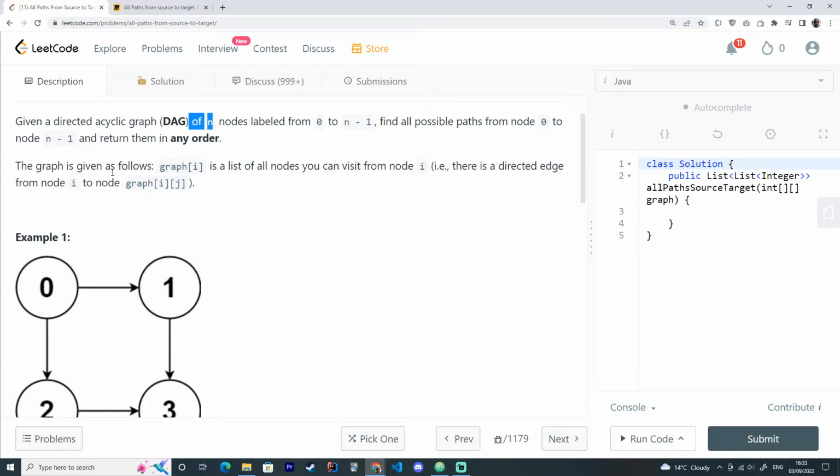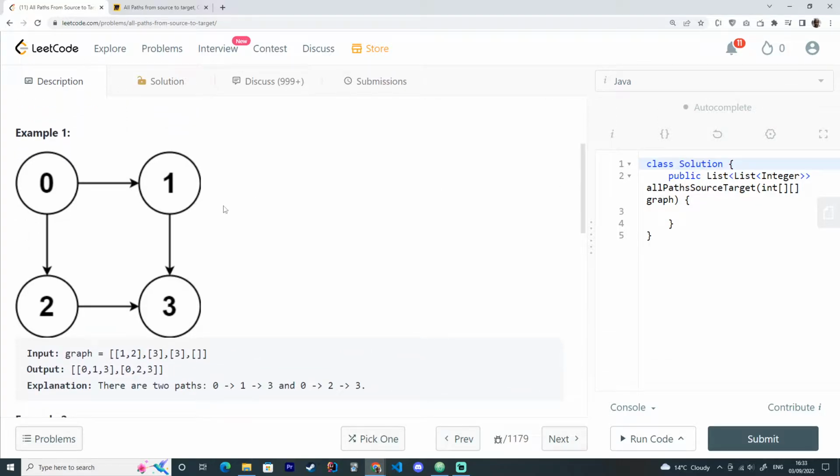The graph is given as follows. graph[i] is a list of all nodes you can visit from node i, which means there is a directed edge from node i to node graph[i][j]. And then they give us the example here. So this is the